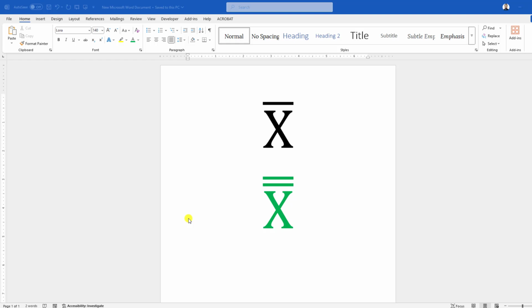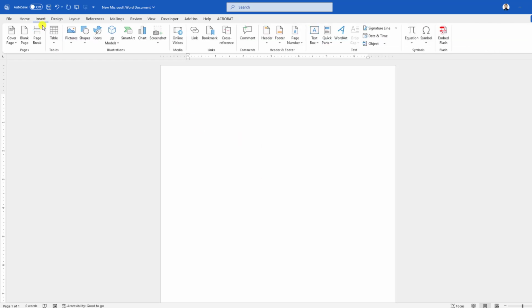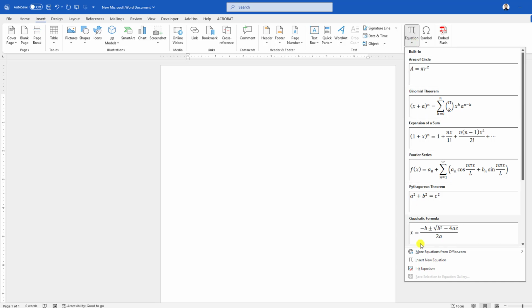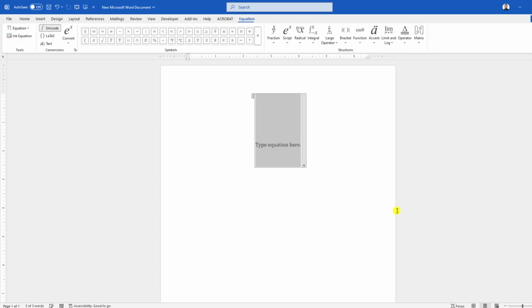In this video, you will see how to type single bar or double bar in Microsoft Word document. To be an expert, watch the video till the end. Let's begin the topic. To type the bar, go to Insert, go to Equation, go to Insert New Equation, go